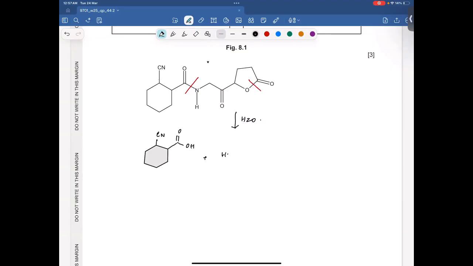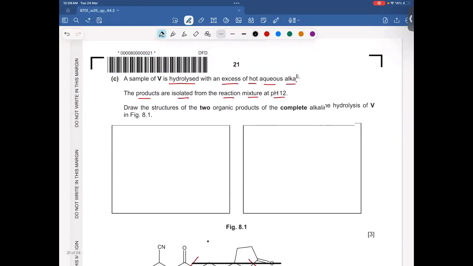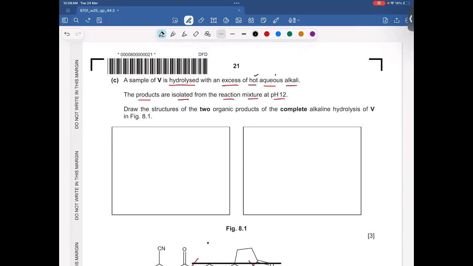Plus, this is going to be NH2, CH2, then CO, then this, then this, then this, then this oxygen, and then this. And this is a double bond. Okay. So this is the hydrolysis case, but in the presence of hot aqueous alkali,